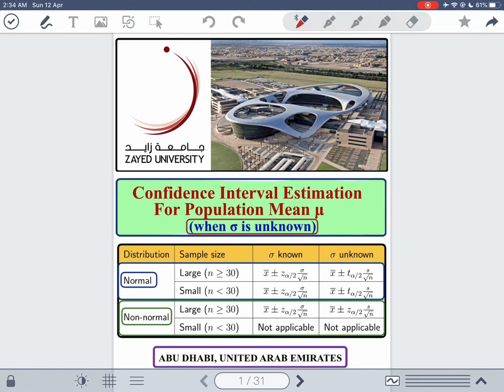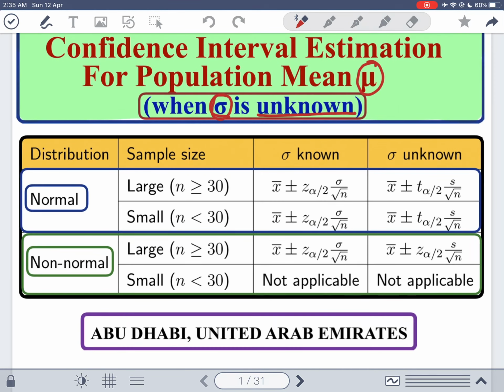Okay, this is the second lecture on confidence interval estimation for population mean mu. In this lecture, we will assume that the population standard deviation sigma is unknown. Please go back to the previous lecture and make sure that you understand everything there, because this lecture will heavily depend on the previous one, because I'm going to skip the things that we already talked about in the previous lecture. So in this lecture, the most important thing is at the end that this table that you see here,